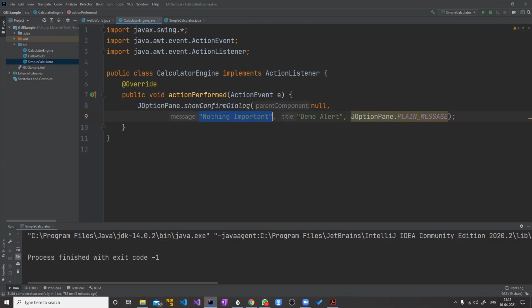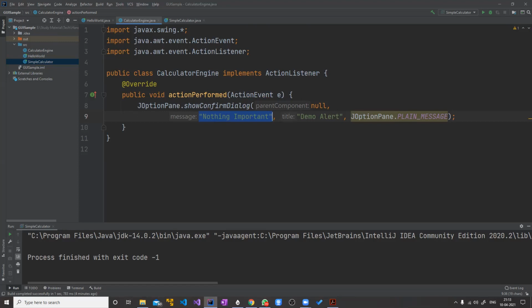From the first class, simple calculator is the one holding the UI, and calculator engine is the class doing the backend operations. So the data from the first object, simple calculator, should go to the calculator engine, and the result from the calculator engine should go back to the UI.